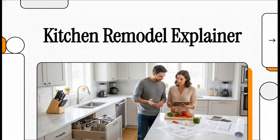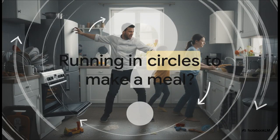But the truth is, if the space doesn't actually work for your daily life, no amount of expensive Italian marble is going to save you from a daily Tupperware avalanche. So before you spend a single dime on new cabinets, let's address the daily pain points you might be experiencing right now. Think about the last time you cooked a big family meal. Did you feel like you were constantly backtracking, opening appliances into each other, dodging family members left and right? If you find yourself running in circles or bumping elbows just to make a simple dinner, that is a layout